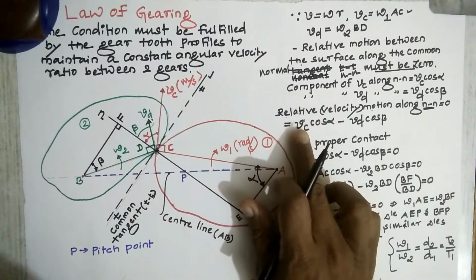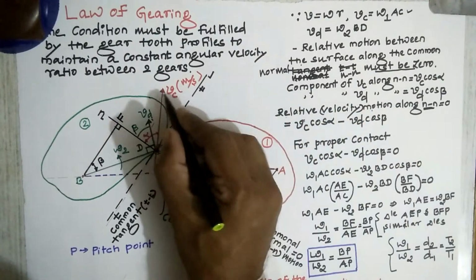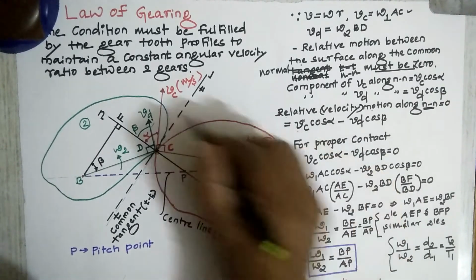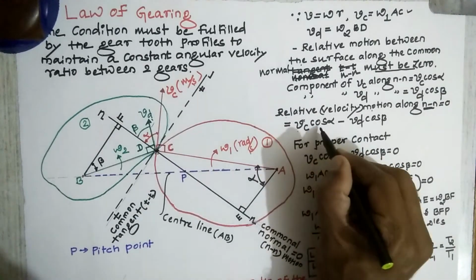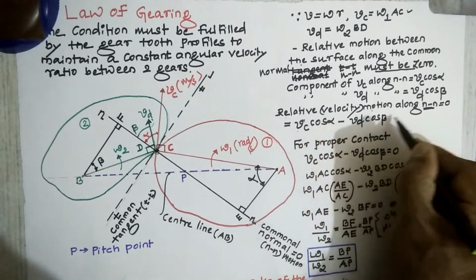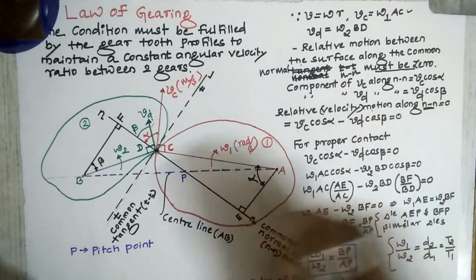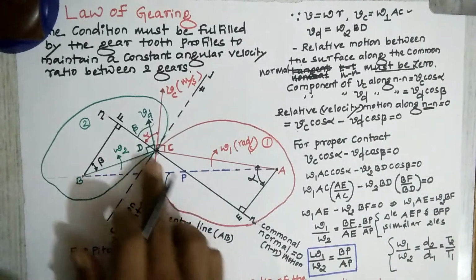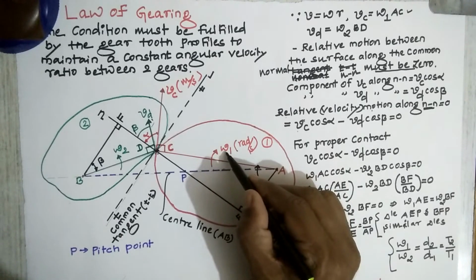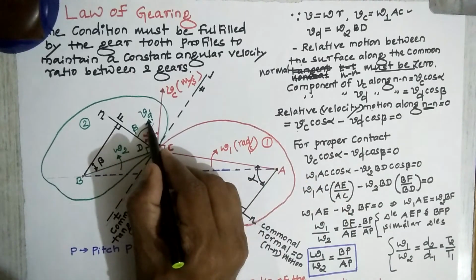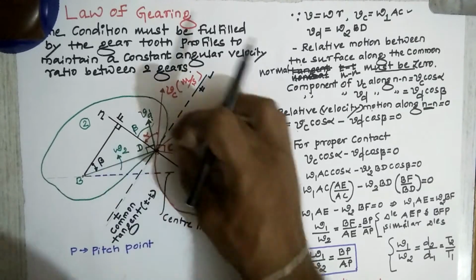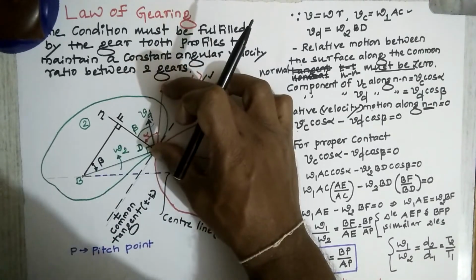Okay, here also. Then the relative velocity between Vc and Vd along the common normal NN is Vc cos alpha minus Vd cos beta, and this should be 0. Okay, that is the concept. Why have I taken Vc as the maximum? Omega 1 may have a higher speed, and Vd is smaller because omega 2 may be smaller. That's why I have taken a smaller length here and a larger length there.